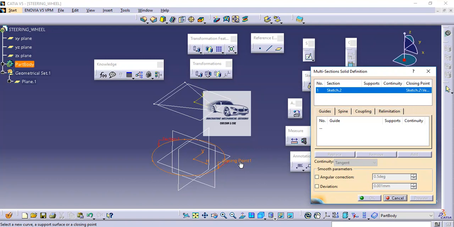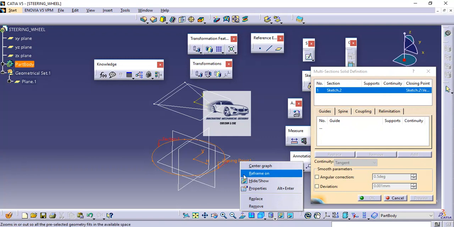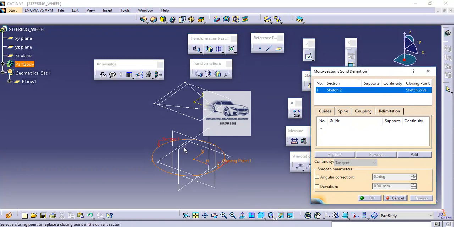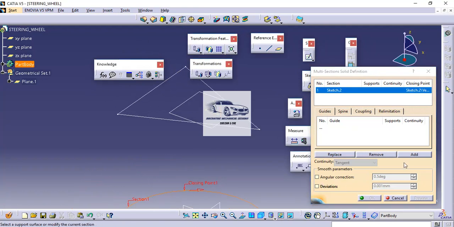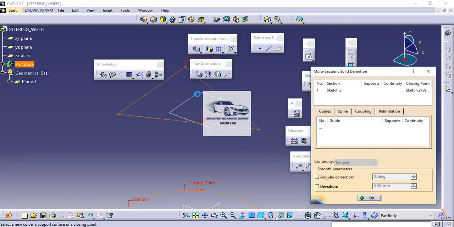For all the sections, the position and direction of closing points should be the same. So let us shift this closing point by right click, replace, and select this point. On zooming on the circle, this particular orientation is outward. If we want to change the orientation, we can click on the arrow also.